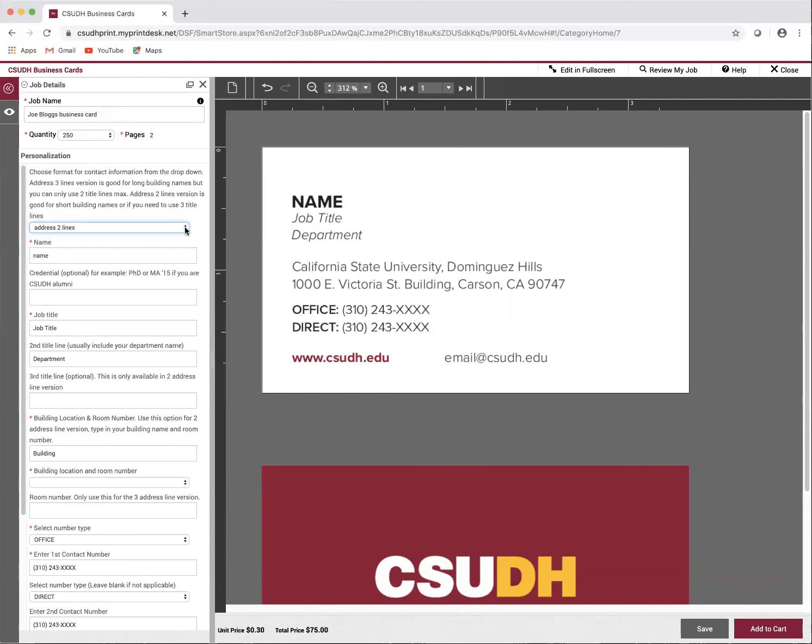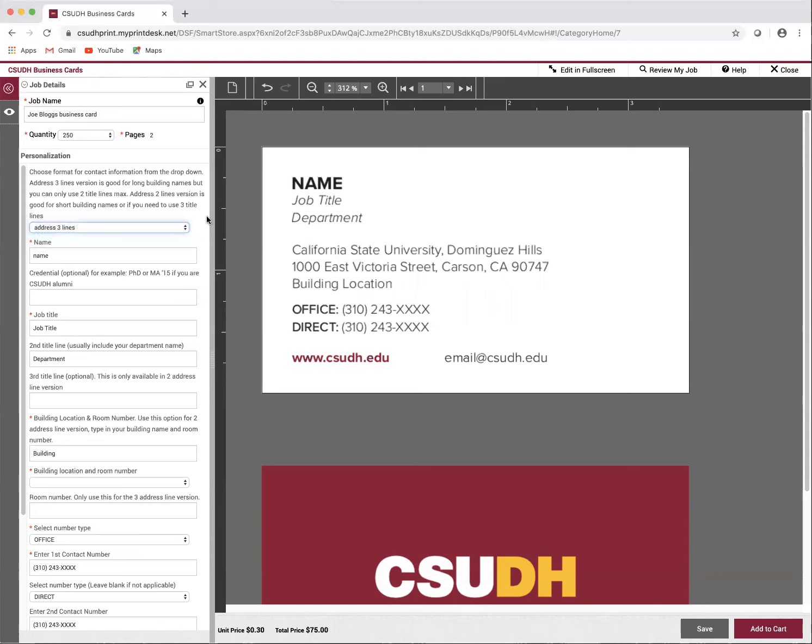You may have to use the building name abbreviations, but this allows for up to 3 titles on this version. In this example, I'm going to use the address-free lines, and my preview changes when I switch between these two options. So I'm going to type in the name of the person on the business card,